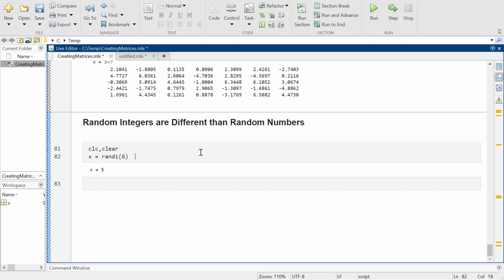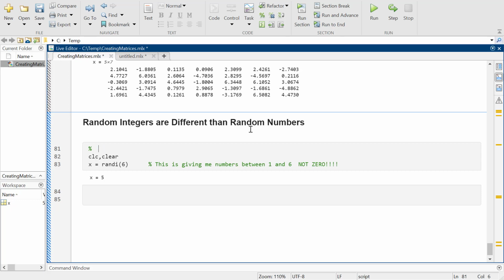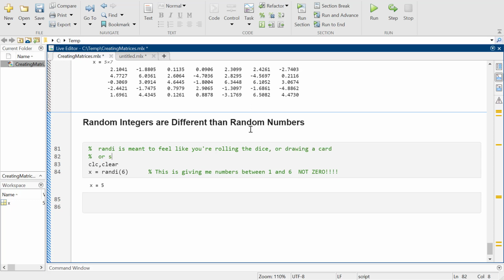So this specifically is giving me numbers between 1 and 6. Notice it does not include 0. Not 0, and no negatives and nothing else. This is really meant to be like rolling the dice. Randi is meant to feel like you're rolling the dice or randomly drawing a card or something